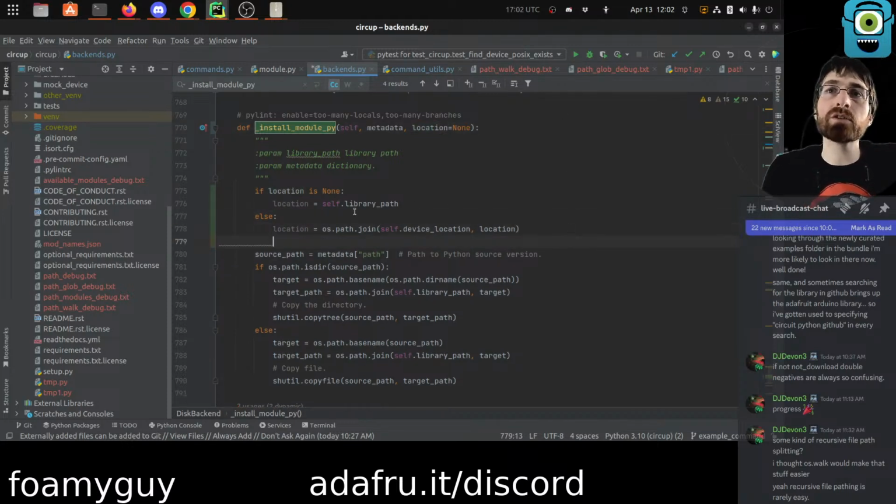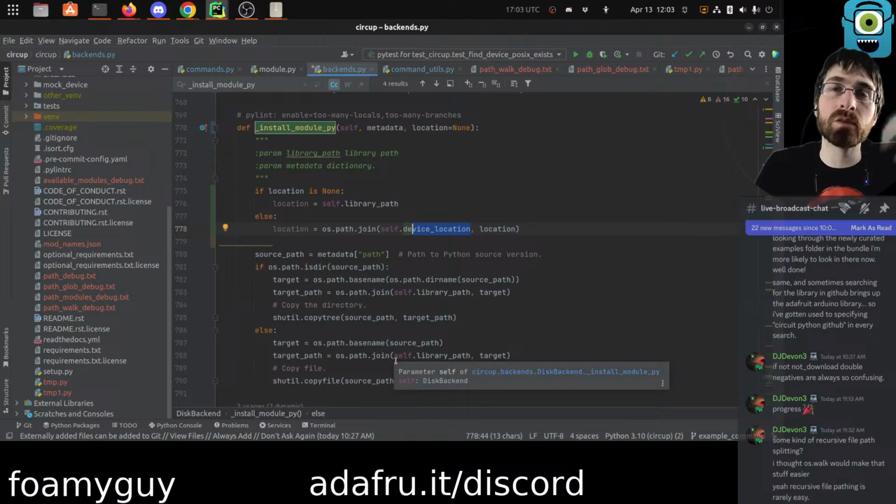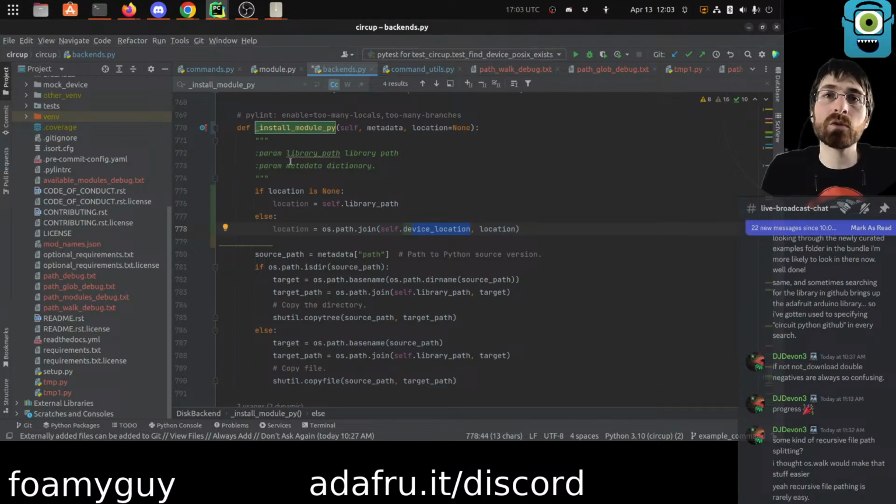Okay, so location. If location was an empty string, it would not be none, but when we joined it, we would end up with pretty much just the device location, which would be the root of the device, which is what we want. So then when we go here,